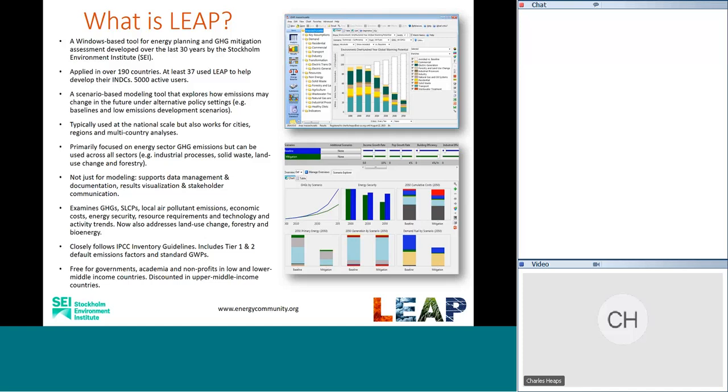It's typically used at the national scale. I would say probably about 80% of the users of LEAP are working at the national scale on topics like energy planning and greenhouse gas mitigation. But it is also increasingly being used at the subnational scale. We have a lot of people using it in South Africa and Southern Africa for city scale planning, and places like China too. And also we've applied it a little bit in the United States for city and state scale